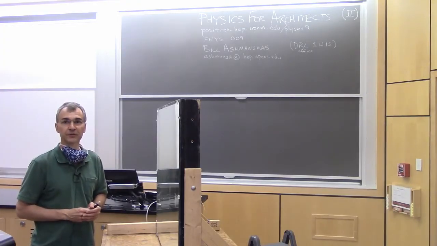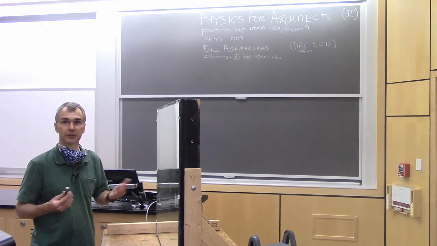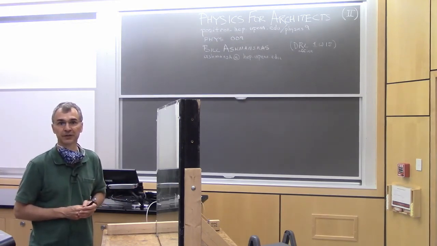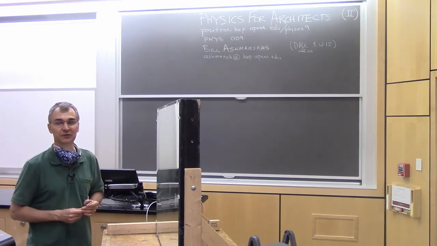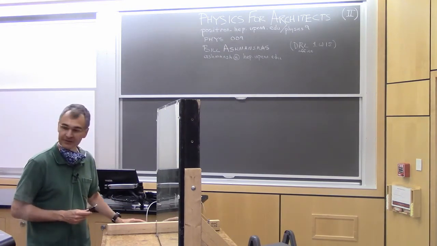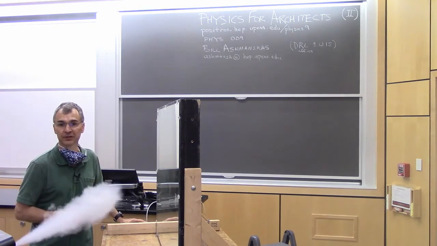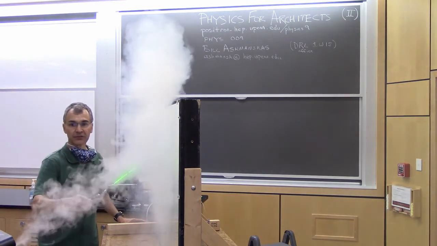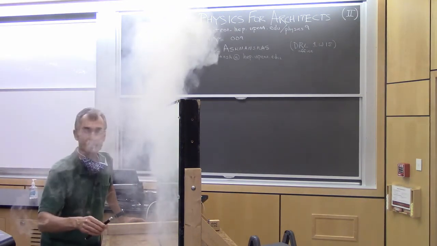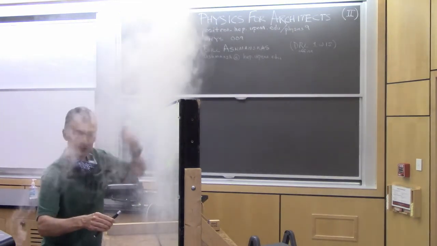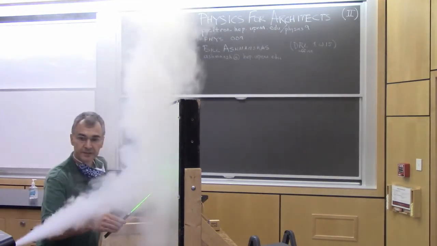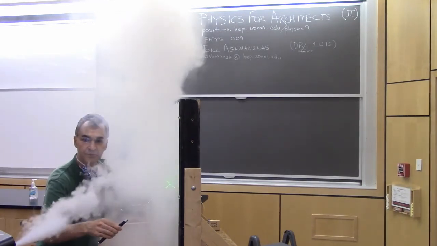So when we cover the topic of light optics about a month from now, you'll see that a lot of what we do to demonstrate light involves smoke and mirrors. So I've got the Discotech smoke machine here and a laser. Let's see if we can see what the laser beam does when it reflects off of the mirror. So here's the mirrored surface. And I think if we get just the right amount of smoke,